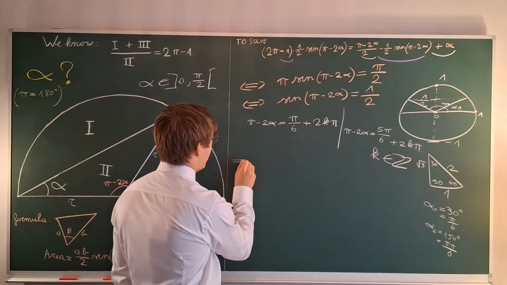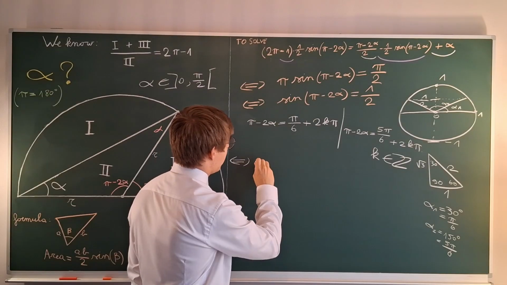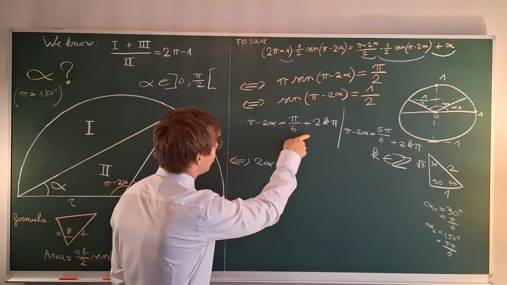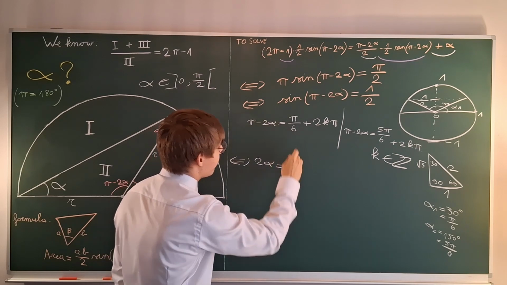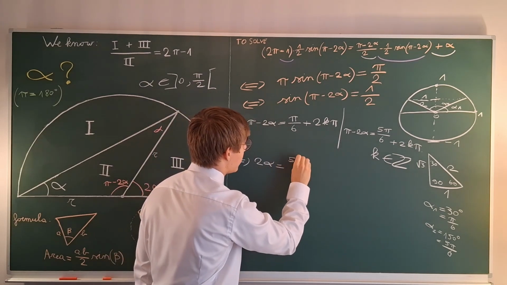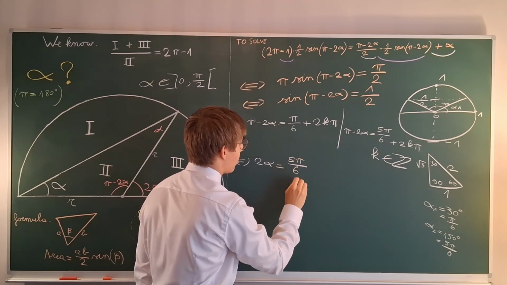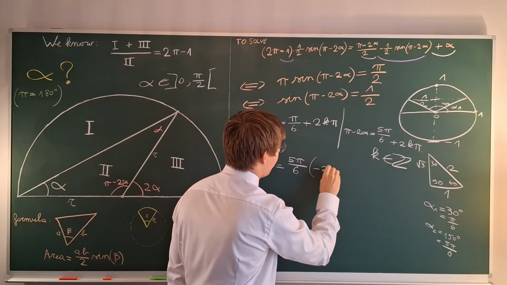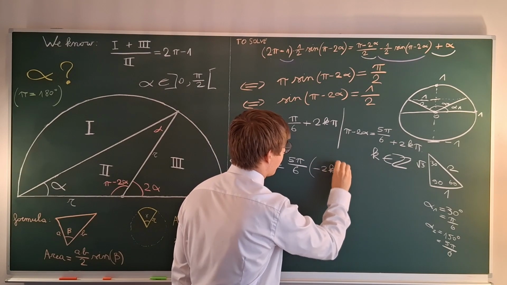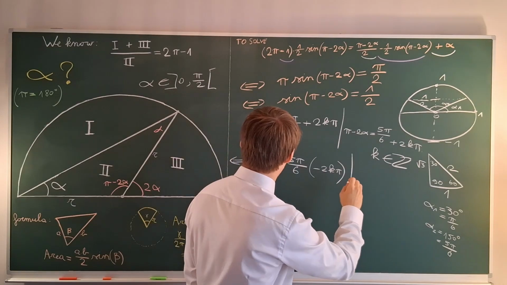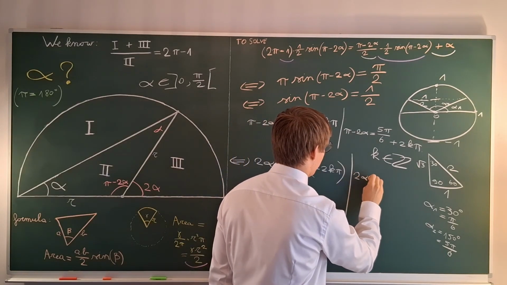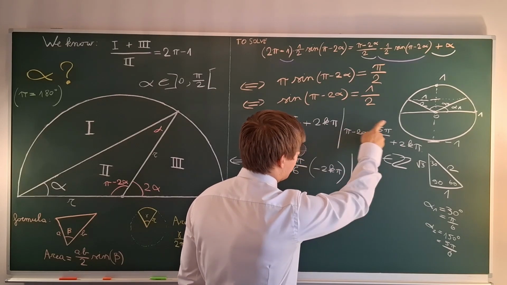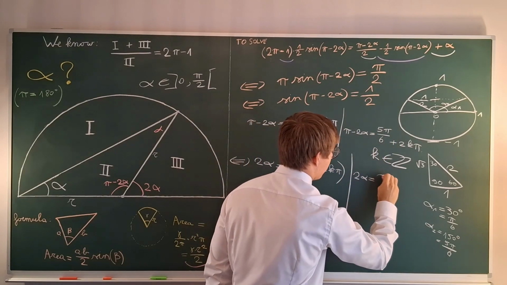So let's solve for alpha. That means that 2 alpha is equal to pi minus pi over 6, which is 5 pi over 6, and then minus 2k pi, or 2 alpha is equal to pi minus 5 pi over 6, which is pi over 6,